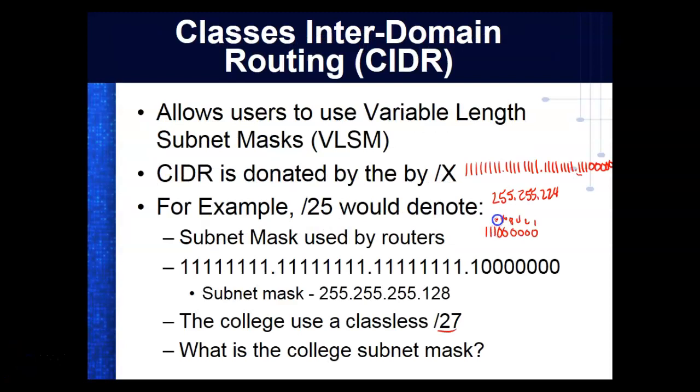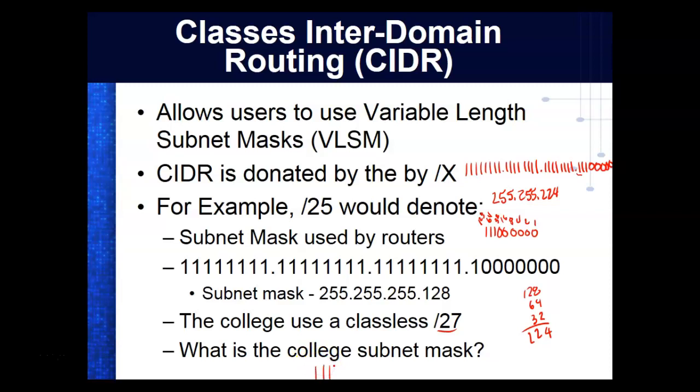32, 64, 128. So I'd add 128 plus 64 plus 32. So this would be 4, this would be 2, this would be 2. So 224. This is a subnet mask that they're using. So it's a /27. So in binary it would be